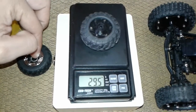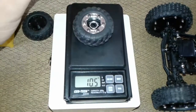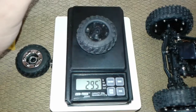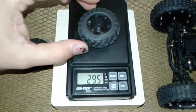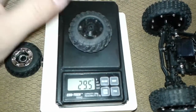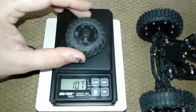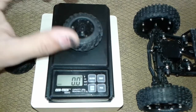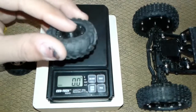So this one was 11, what's it, 11? Okay, 11 grams, and this one's 29 and a half. So right there, you just put on 18 and a half grams of weight to this wheel. Now 29 and a half grams is nothing, not bad. It's not bad at all. This will actually get you a lot of help when crawling, but I figure I wouldn't stop at that because